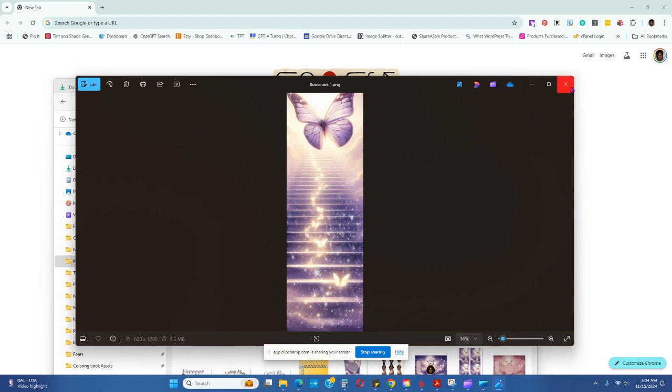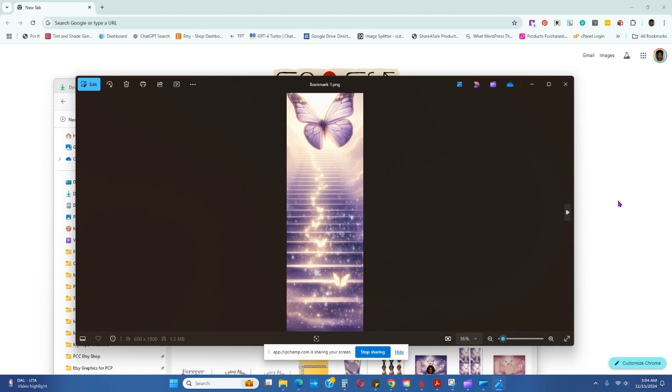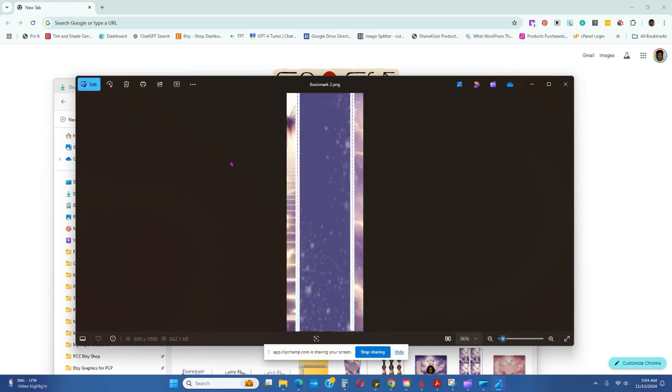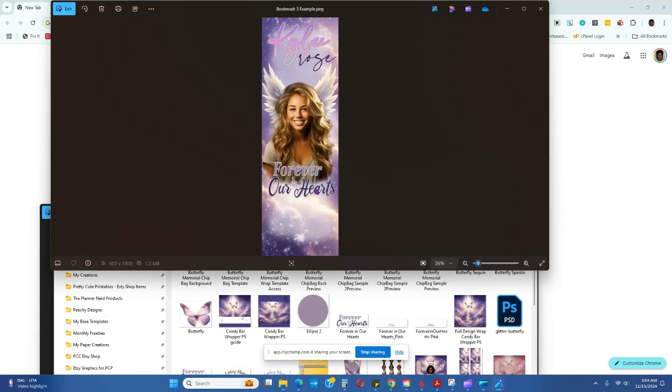So starting out, when you download the files, they're going to be in individual PNG files, and they're going to look like this. They're blank. They just have this flat background design that I've designed so that you can add any text or images and things that you wish. Here is an example of one that I did as an example of how you can customize these by layering on your own images and text and things